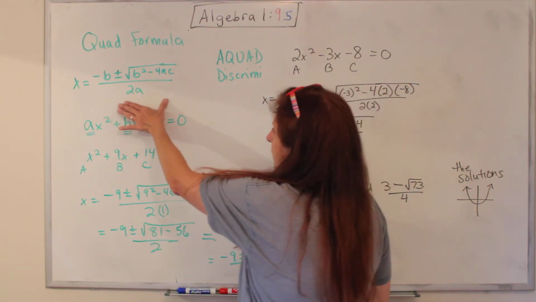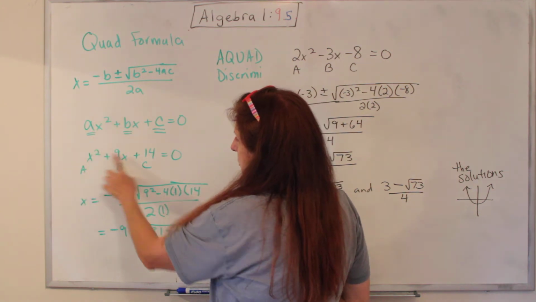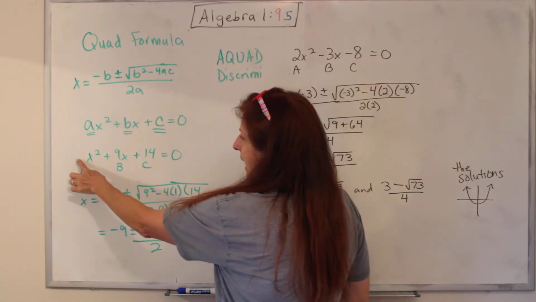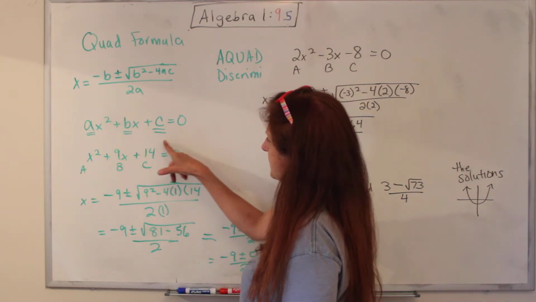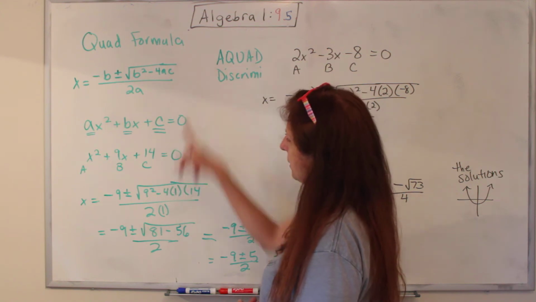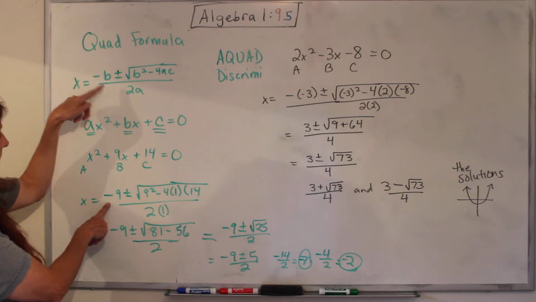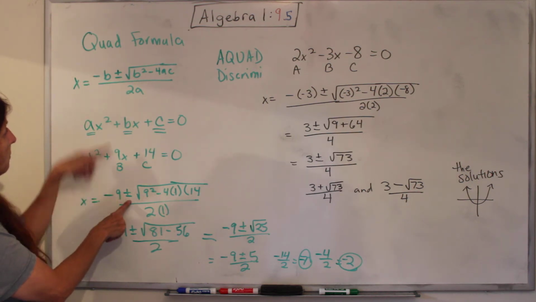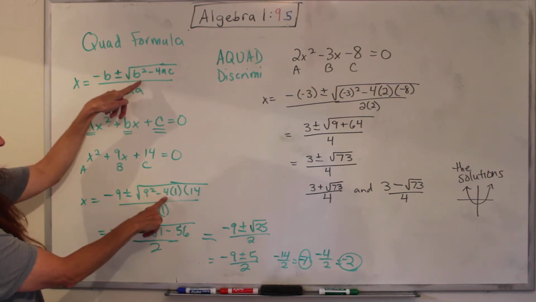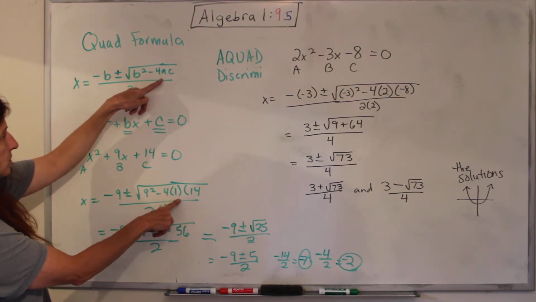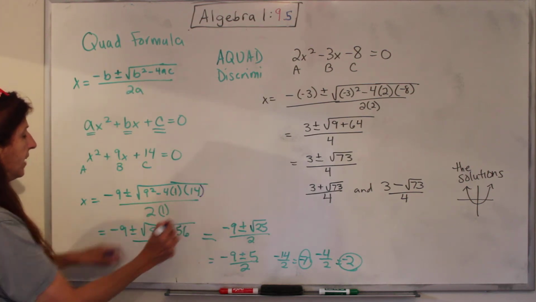Okay, so this is the quadratic equation. Remember, the coefficient of x squared is the a term. So here's our equation. This a term is a 1. It's an understood 1. The b term is a 9. The c term is a 14. I'll put those in the quadratic equation. So I say negative sign and then b, which is 9, plus or minus the square root of 9 squared minus 4 times a, which is 1, times c, which is 14, divided by 2